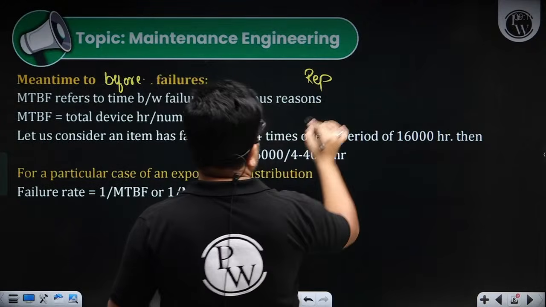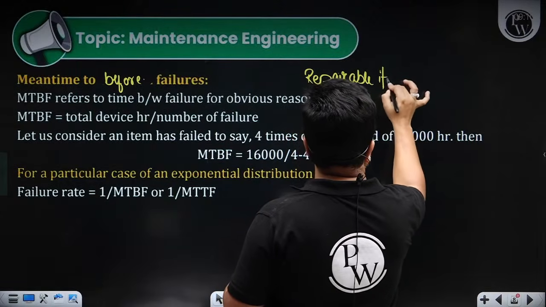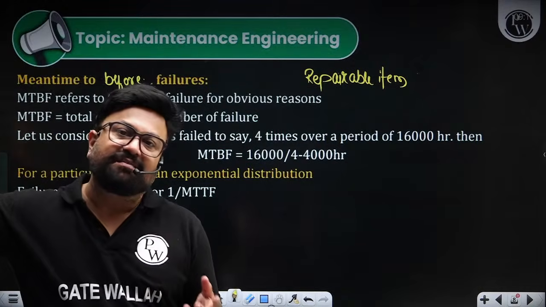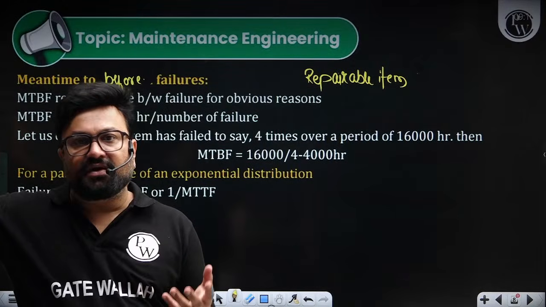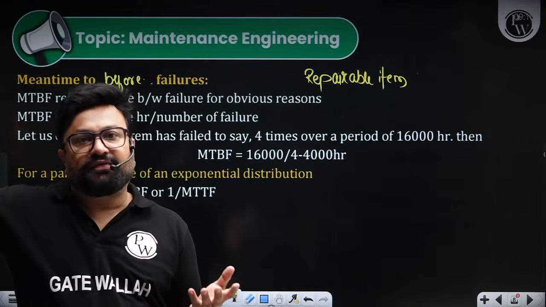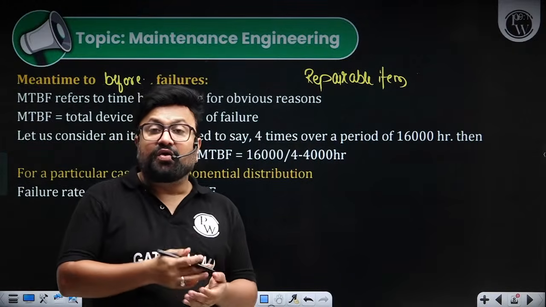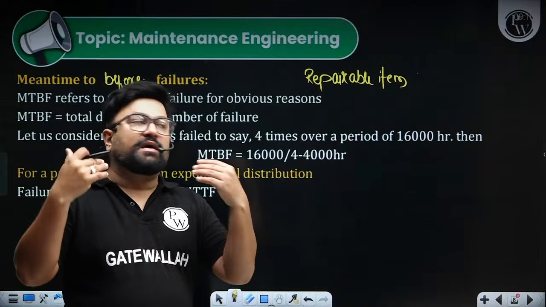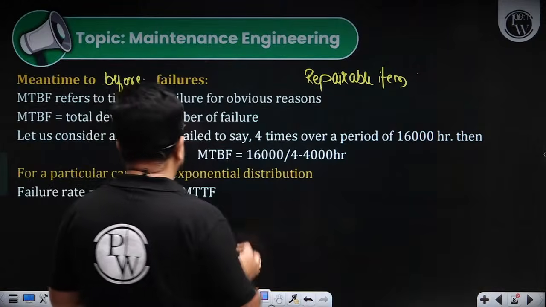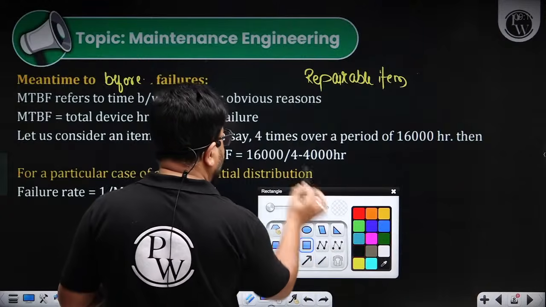I think I have written repairable item, right? Mean time before failure refers to the time between failures, for obvious reasons. Here also, mean time before failure is total device hours divided by the number of failures. Let us consider an item failed 4 times, right? Over a period of what? 16,000 hours. If a component failed 4